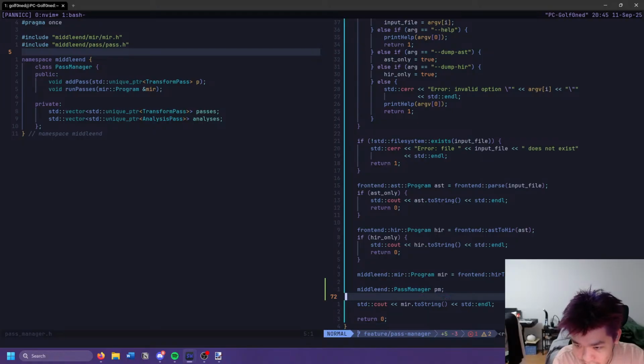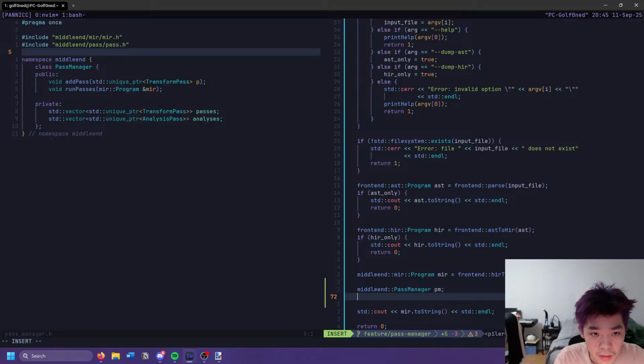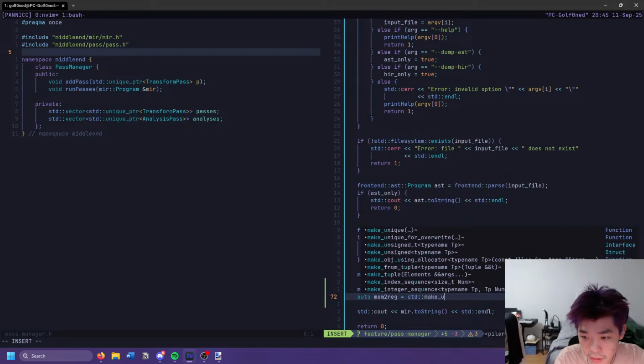Oh wait, no. Okay, we need to make it. Mem2reg equals std make unique